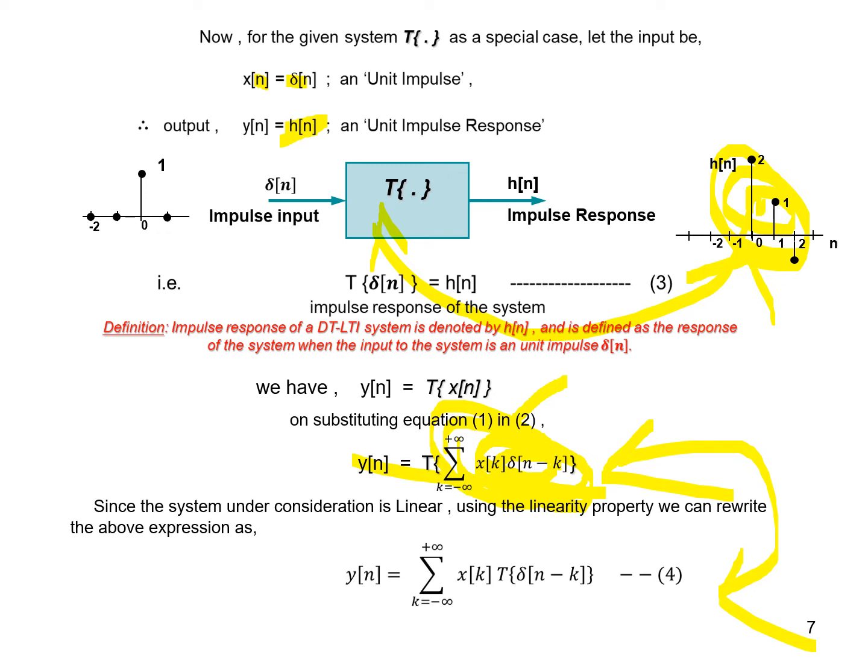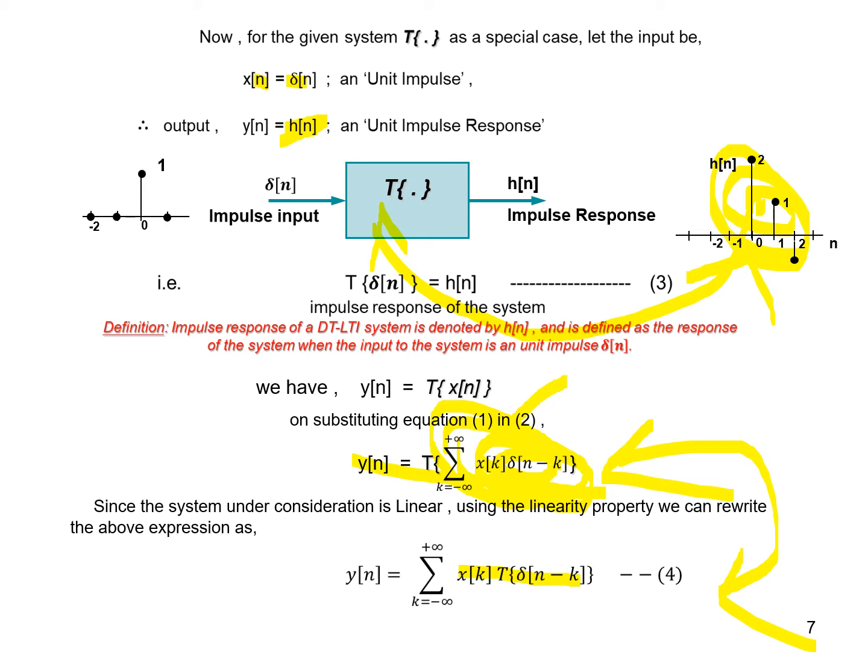Then make a full signal, then apply that into the system, and I'll get the output. Or I can simply apply only impulses to the system T. Instead of applying all the impulses together, I can apply impulses directly to T, then weigh it, then add the individual responses. Now this is nothing but the response of the system for individual impulses. I'll get different individual impulse responses, then I'll add them.